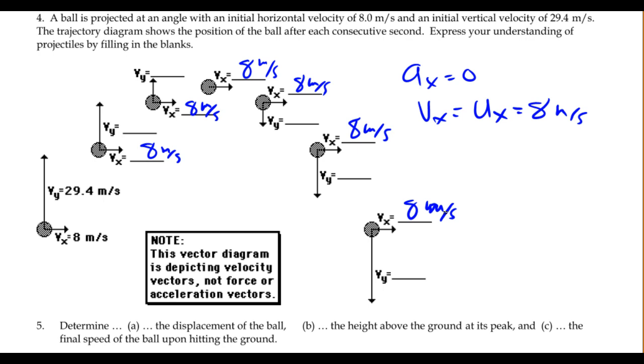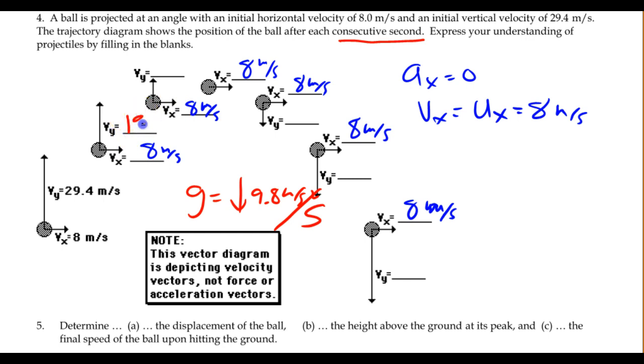Now, in the y direction, just like before, our acceleration is that due to gravity. So the acceleration g is down at 9.8 meters per second squared. So we'll start at 29.4 meters per second. Now, 9.8 meters per second is a better way to think of it than meters per second squared. It means that we're going to take away 9.8 meters per second for every second that it travels. Since each of these pictures is taken at each consecutive second, by the time it reaches here, it will be at